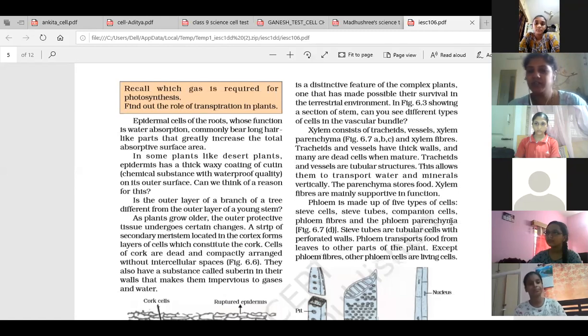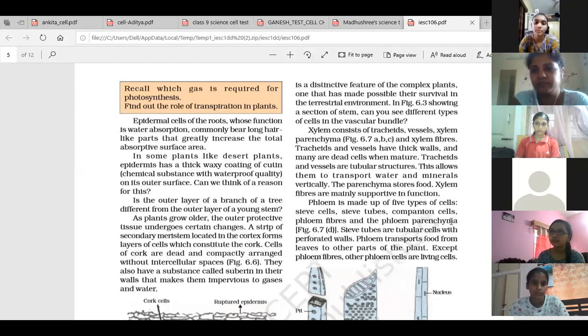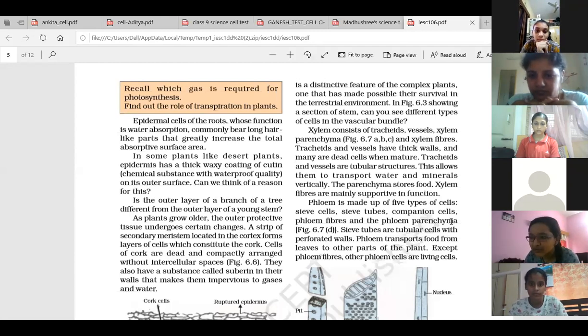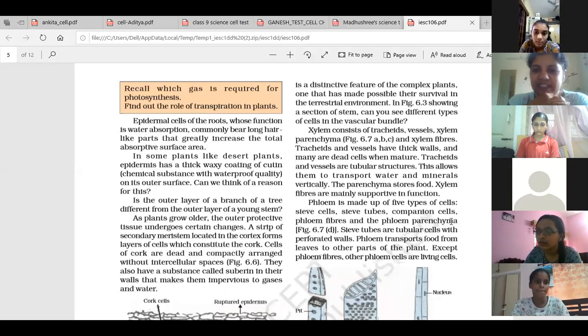So here, generally trees bear more leaves. Why? Can you now tell me the reason? Yes, Daphne, can you tell? Can you repeat the question? Why do trees in summer season generally bear more leaves? Ma'am, like why they shed their leaves? No, they start bearing more leaves in summer season. Ma'am, because more water. Generally, in summer season that happens.